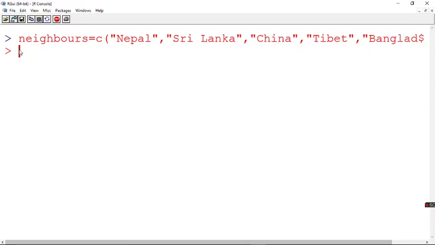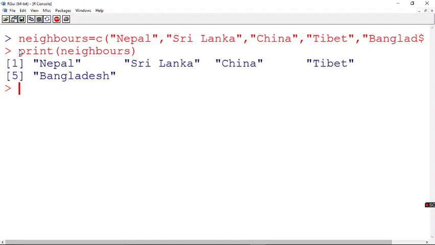If I have to print this, I will just say print neighbors. Again it will print like a character vector, one after the other. If I don't want that, yes, I can go with a for loop. As I said, you need not initialize your iterator variable. So I say for n in, and directly you can use the character vector neighbors, because that is a vector. You can use any vector within your for loop.